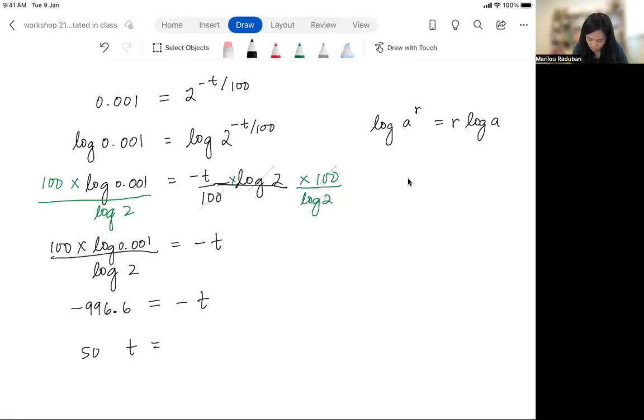So your time will be 996.6. Yeah, so it takes around 997 minutes for the concentration to go down from 1,000 to 1